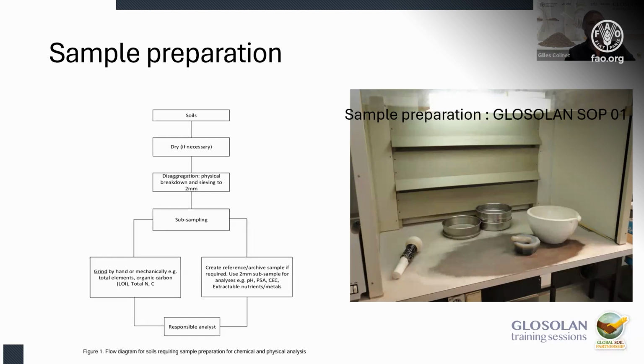And here again, according to the parameters that you are going to analyze, the maximum temperature may be a limit. Usually we try not to go over 40 degrees. So sometimes it can take time to have the soil dried. If you have a really wet soil and you want to dry it, sometimes it can take a few days